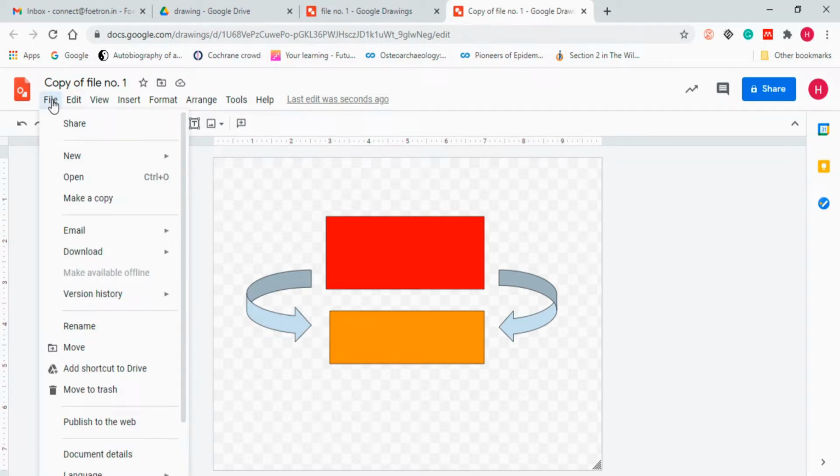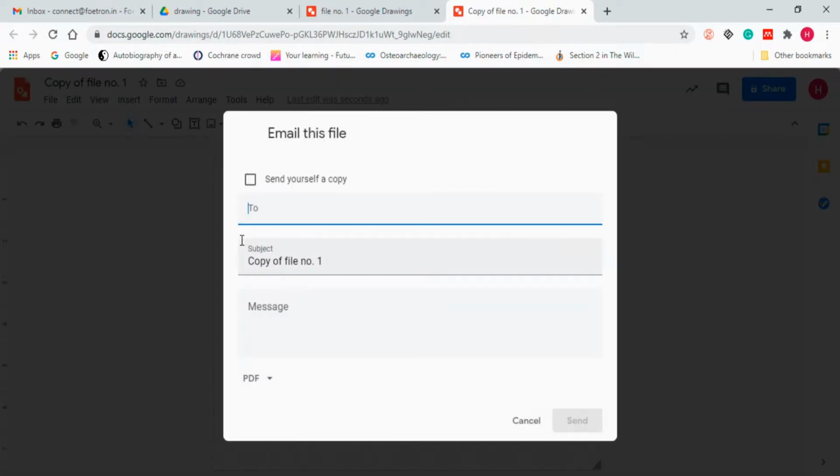After that, we have the email options. You can either share it with another person or email this file. When you click on email this file, you can send it as a PDF, PNG and JPG image. Earlier, when you share, it directly goes as a Google Drawing, but in the email option you can always send it as a PDF, PNG or JPG image.